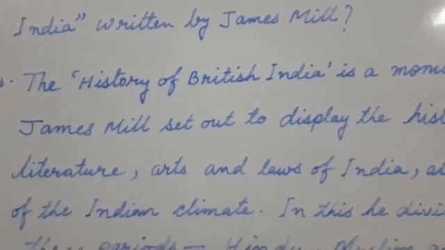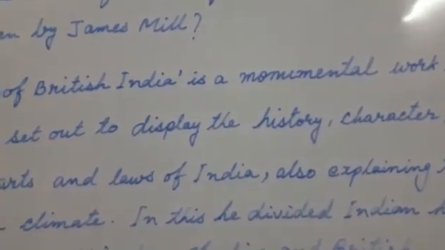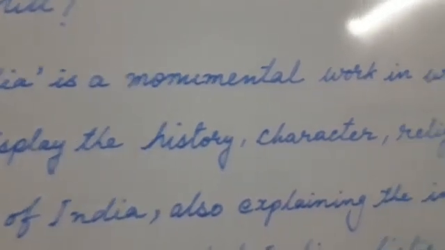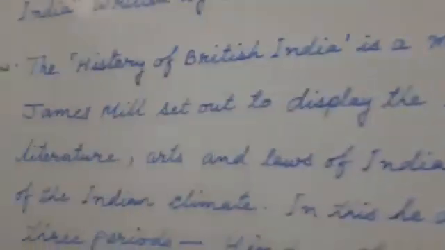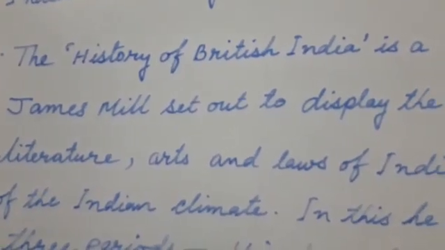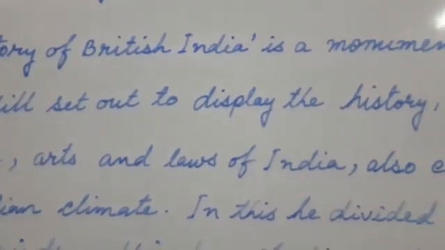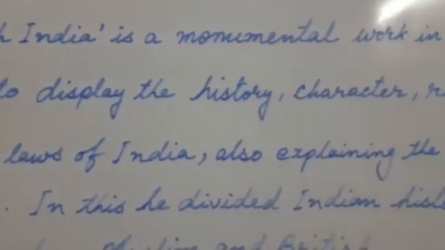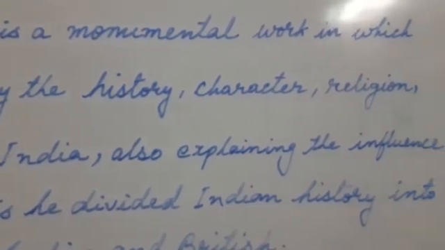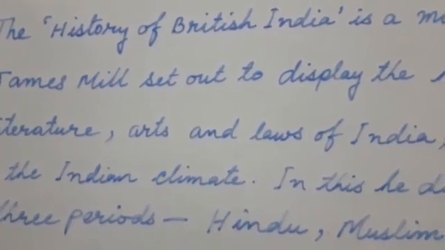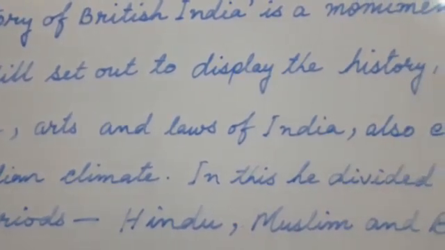The History of British India is a monumental work in which James Mill set out to display the history, character, religion, literature, arts and laws of India,